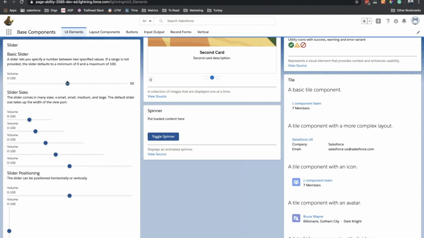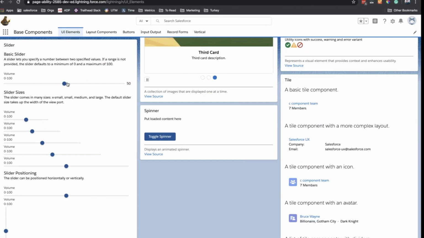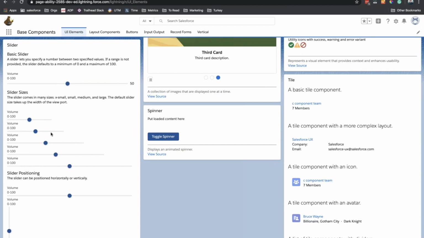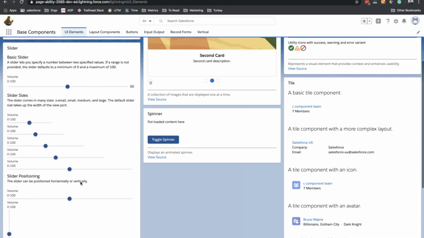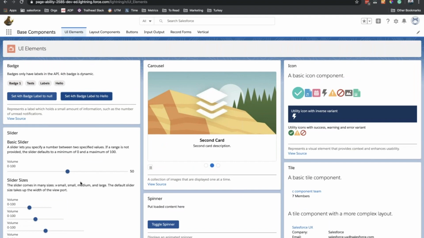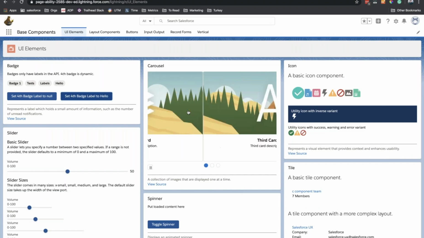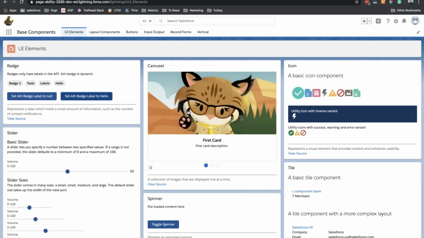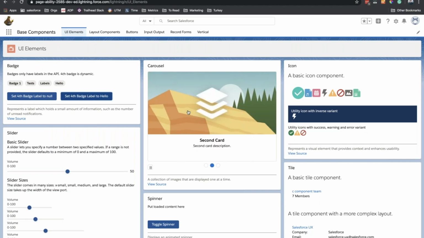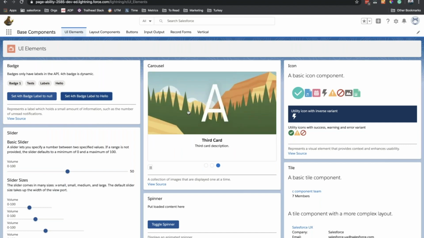You can also see the different kinds of sliders, like basic sliders, and you can also see how you can vary the sizes of the slider with the attribute for the slider. Okay, you can also see how you can create a vertical slider, a horizontal slider, and we also have an example for carousel where you can set the images to roll. So you can set up to a maximum of 5 images which can roll, right? If you want to change the behavior, maybe you want to change it to a 3 image limit, or you want to increase it to 7 images, you can do it now because you have the source code with you.